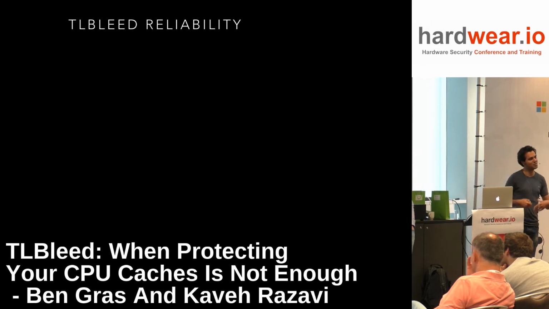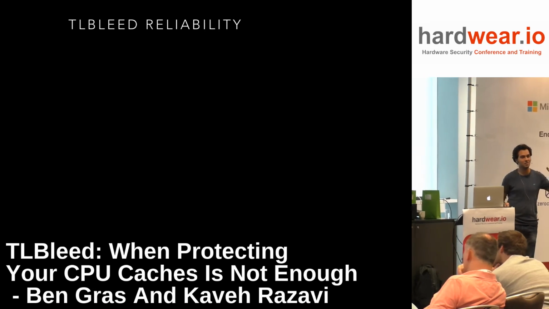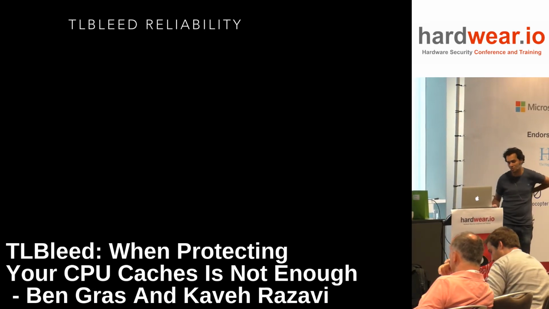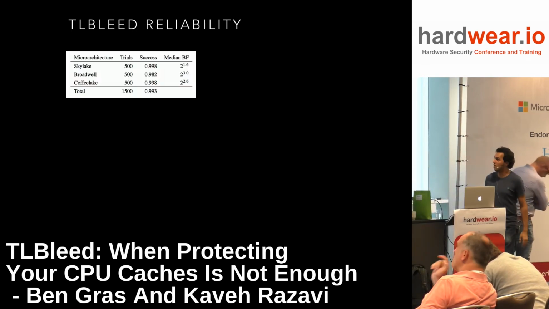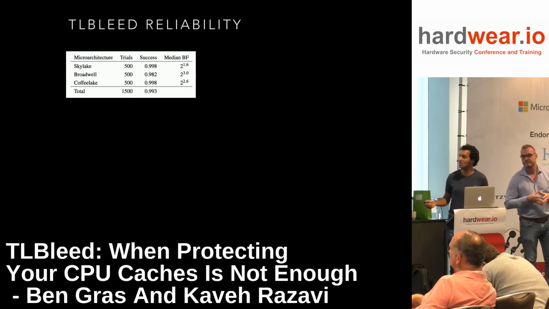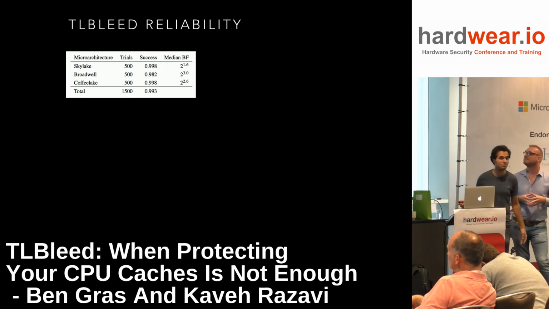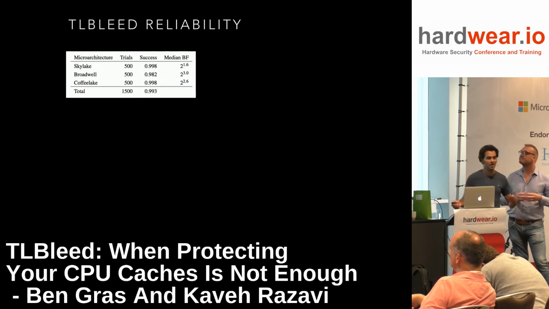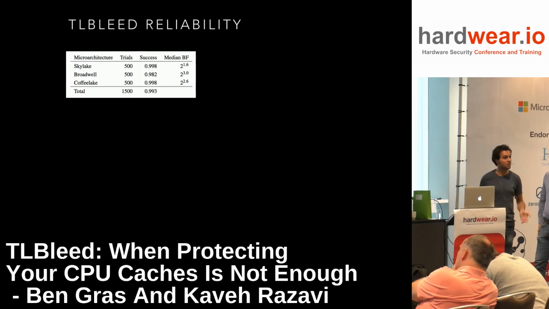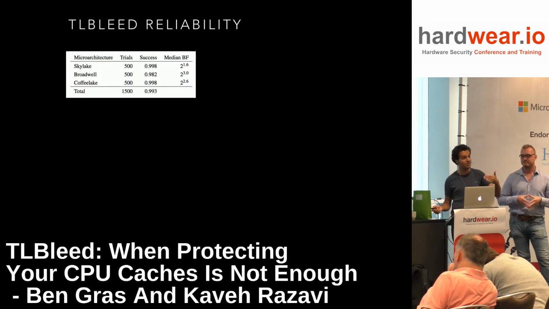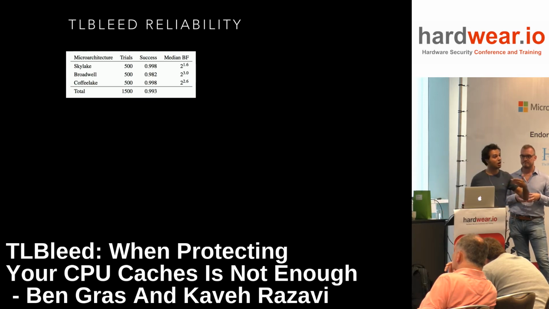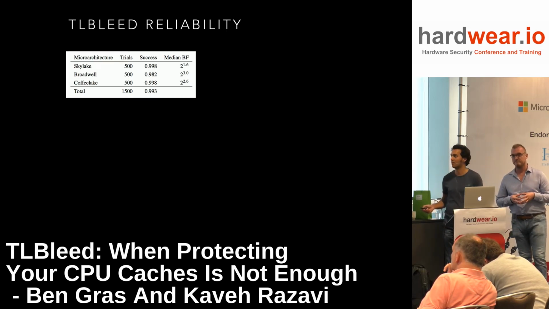So we went on and implemented all these attacks, and remember all those defenses that we talked about, software defenses and also hardware defenses. We wanted to know whether TLBleed bypasses all these defenses. So the first experiment that we ran is we picked a bunch of CPUs with different microarchitectures, and then we generated a number of different cryptographic keys. Then we wanted to see, if we do the TLBleed attack on this LIBGCRYPT function that we earlier showed you, out of how many times could we actually leak the key.